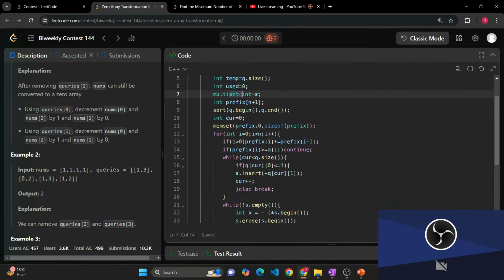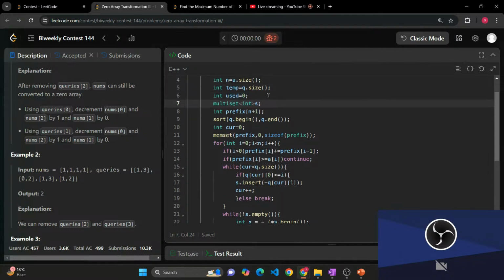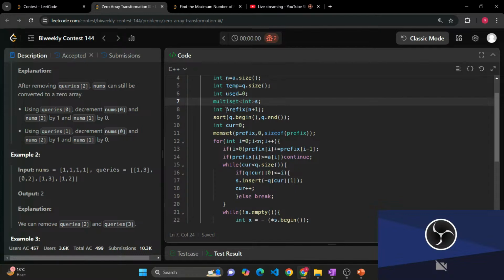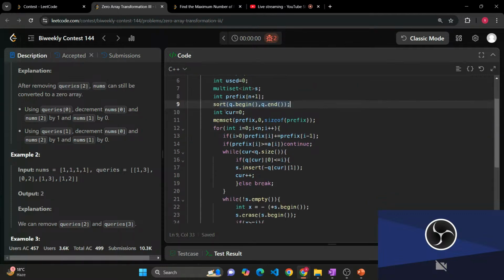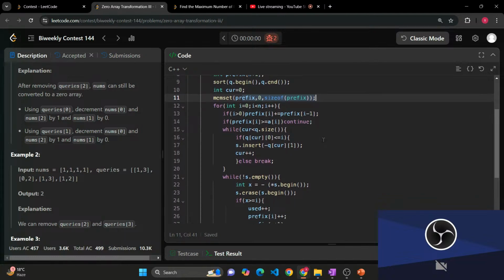I also need a multiset for taking out the elements on the rightmost side. I also define this prefix array, and as I said, I need to sort this query array. Let's say the current index for the queries is currently 0, and I have assigned all the elements of prefix as 0, and then we are iterating